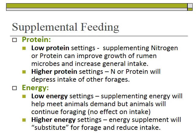A few more points about how we as humans might interact with animals and change their intake. The main one is through supplemental feeding. If we provide forage for animals or nutrients for animals, that may change how much they need to eat on the range. What we find is that when we provide low protein supplements such as nitrogen or protein, that can really improve rumen function. So if the range is not very nutritious, it's in winter and there's not enough protein out there, and we provide some protein, that can get the rumen really going, and it might even increase intake because the rumen is